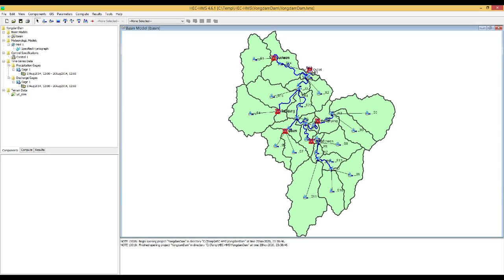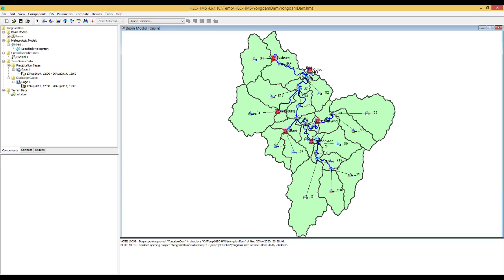Hi everyone, this is an additional topic for HEC-HMS modeling work. In this video tutorial, I would like to introduce the optimization trial function in HEC-HMS to make automatic calibration of model parameter values. In HEC-HMS, there are three optimization algorithms which compare computed and observed data to improve parameter estimates. In this video, I will demonstrate how to apply the optimization trial function using one of the optimization